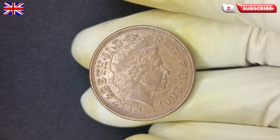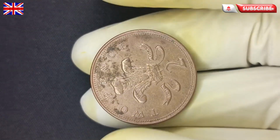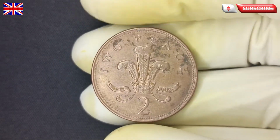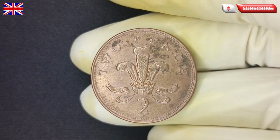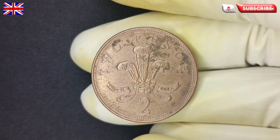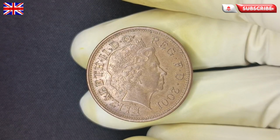As news of the bronze 2001 2-pence coins spread in the numismatic world, a wave of curiosity and obsession followed. Collectors combed through their jars, drawers, piggy banks, and inherited stashes. Dealers were suddenly inundated with requests to check 2-pence coins from 2001. The coin transformed from a background character in Britain's everyday monetary theatre into a leading role in the rare coin